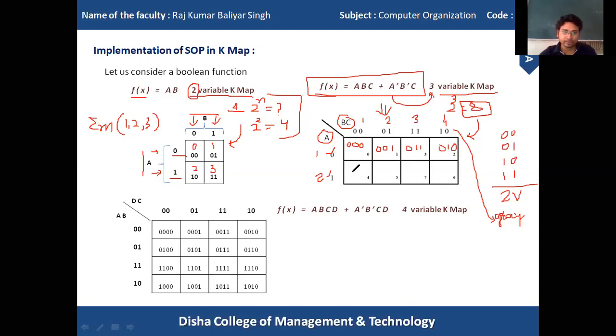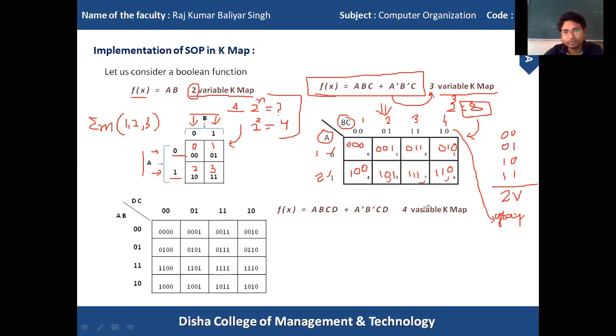For this case 1 0 0, this is the representation of the cell: 1 0 0, 1 0 1, 1 1 1, and 1 1 0. When we convert this number into decimal, we get 0, 1, this is 3, this is 2. Don't get confused. So 0, 1, 2, 3, 4, 5, 6, and 7.